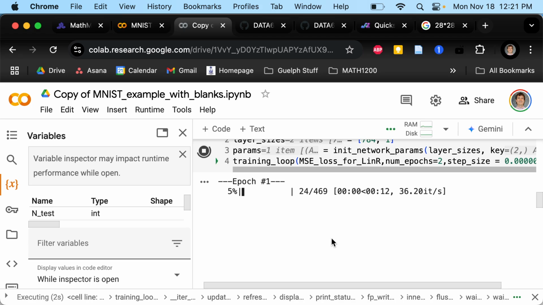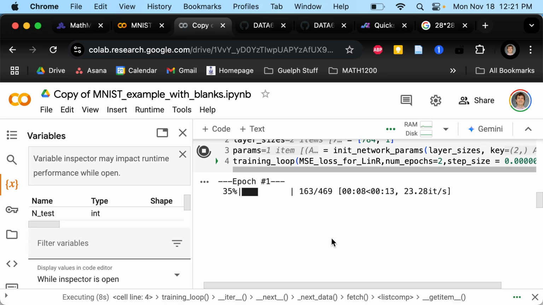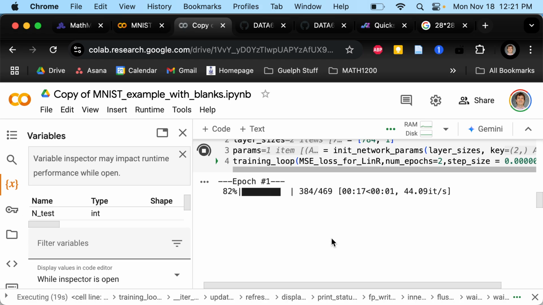And if you use this function called TQDM, you get these cute little slider bars for free, which is really, really fun. So this is telling us 469 is the number of mini batches. So our 10,000 images got split up into 469 groups. And we're working through all the groups. And we're doing this gradient and updating the weights as we go. We're 85% done. The first epoch, almost done. And